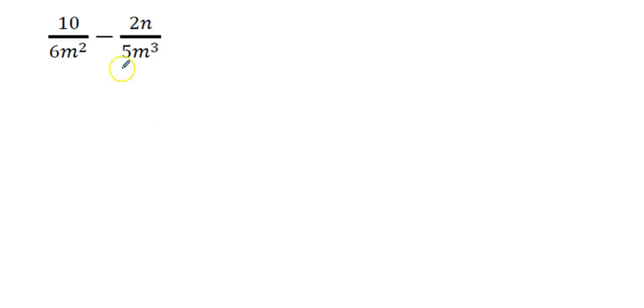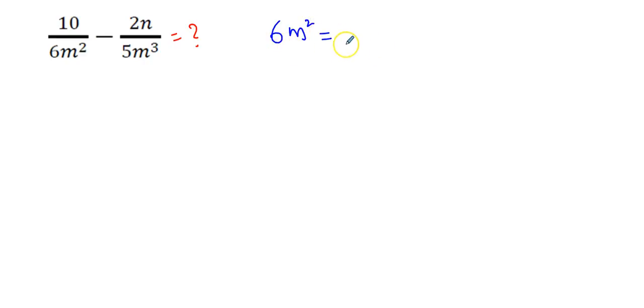Now let us look at a different simplification problem. Here also you are asked to simplify these two rational expressions. What is the result of these two? That's the question. Again, the procedure is the same, and it is in fact easier than the previous one. Okay, let us go ahead and find the factors of the denominators. That's our step 1. So 6m square,